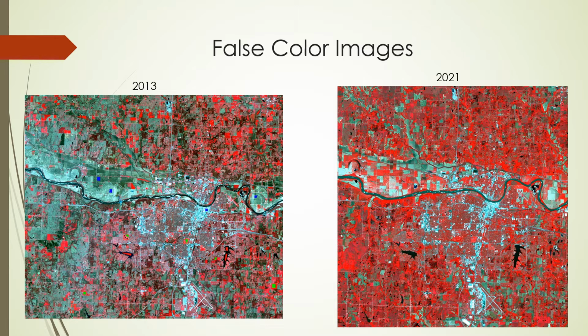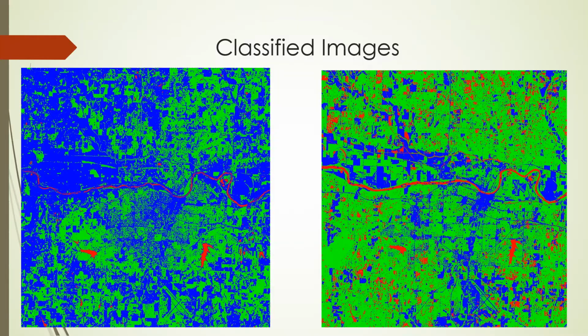For the next slide, which is the classification of both images, I used regions of interest, which you can see here on the 2013 area. You see the blue squares representing non-vegetation in urban areas. You see the red rectangles in the lakes representing water. And you see the green squares around representing vegetation. And so for the classified images,